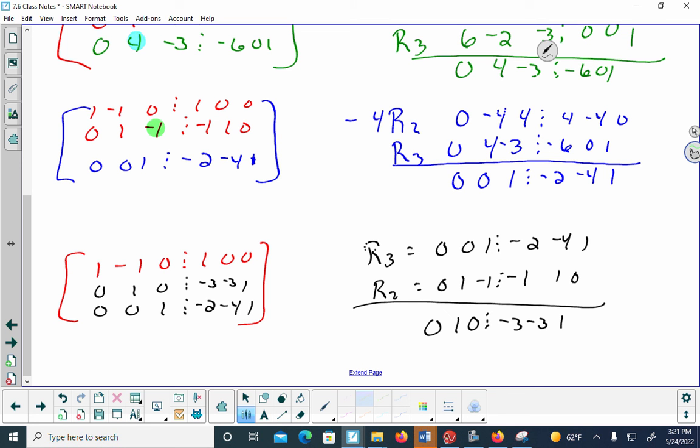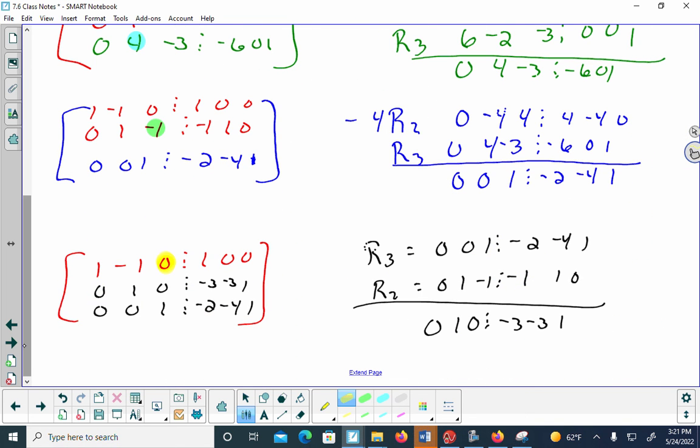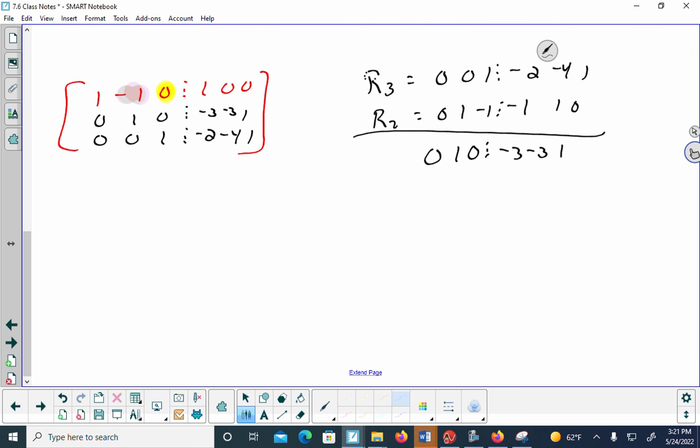Now, according to the pattern, I'm supposed to do row 3 and row 1 to eliminate that Z. But it's already a 0, so I can skip that. I don't need to do that. So that's done. I'm going to do the very last step, which is to do 2 and 1 to eliminate the Y. So all I have to do here is add. So I'm just going to copy it down. So row 2 is 0, 1, 0. And then row 1